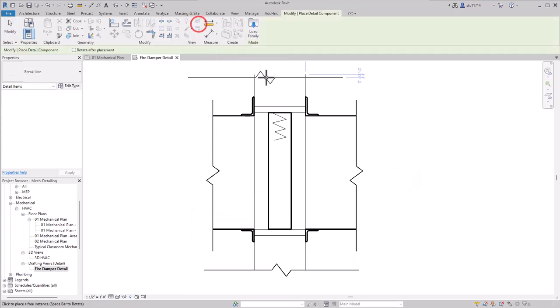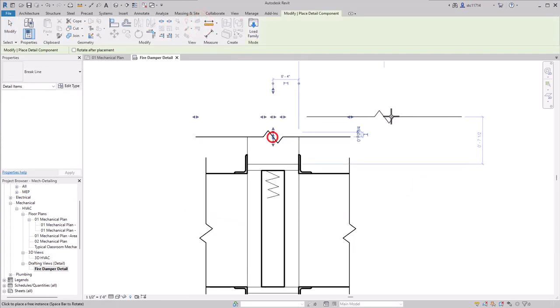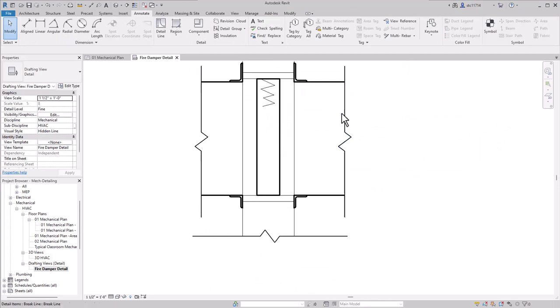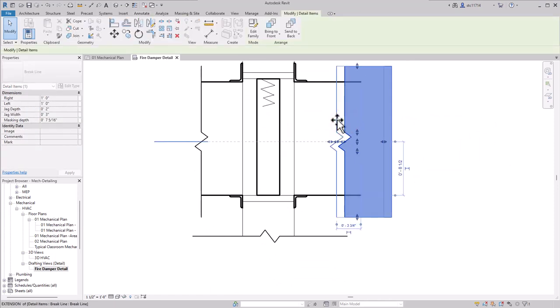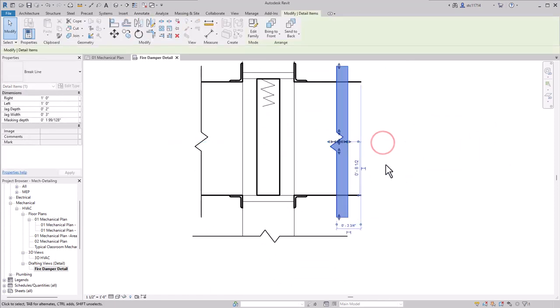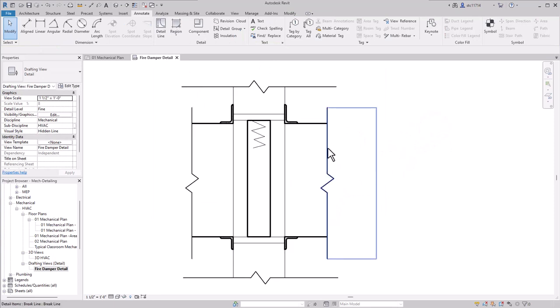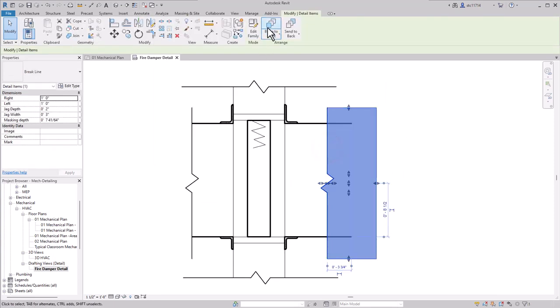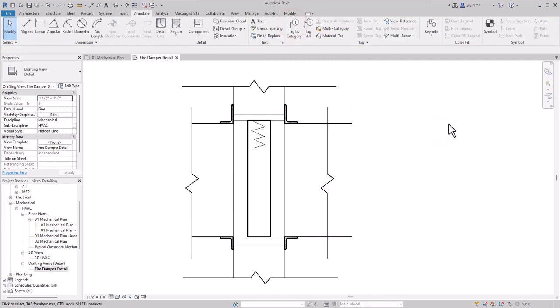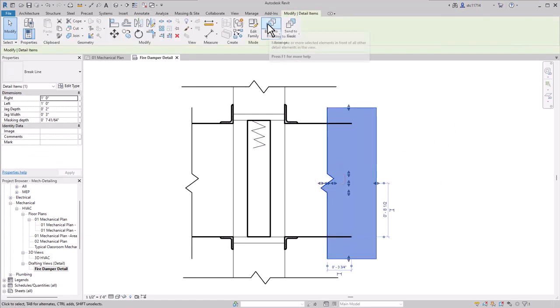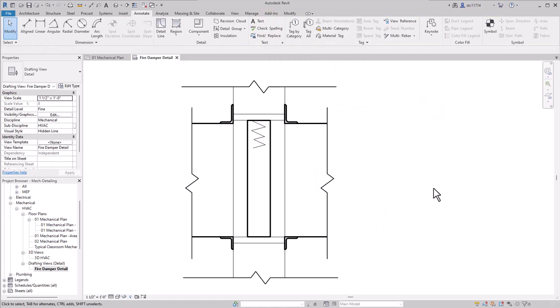Then I'll go ahead and place it one more time up top here. There we go. As you can see, these can be moved. I can adjust their clipping regions to control how much they're actually wiping out. Since I placed these last, they should be on top of everything else. As you can see, there's an option in the ribbon to move things to the back or front. So if I sent this to the back, it's behind my geometry, it's not covering anything. So if that happens to you, you just want to select it and bring it to the front so that it covers up everything behind it.